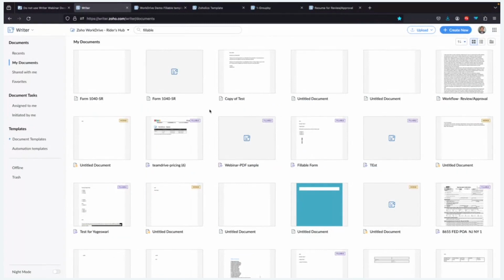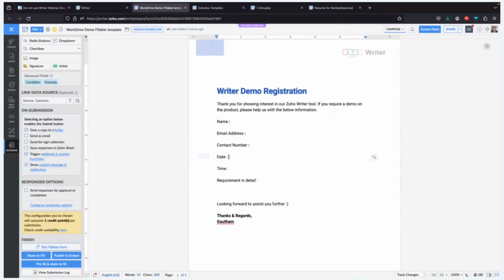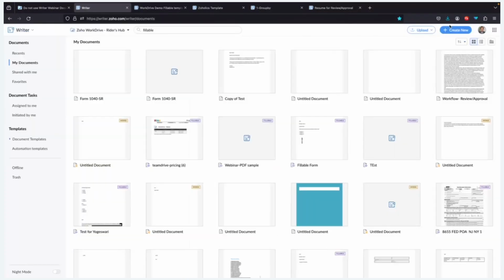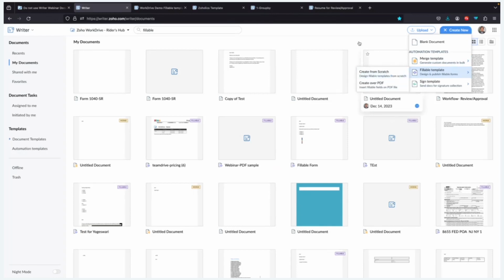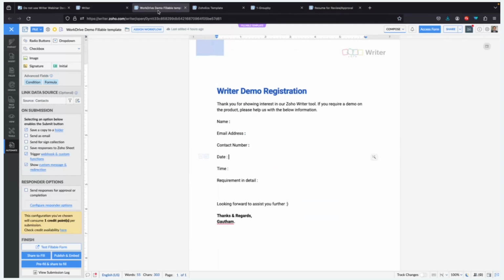And in here, first, I'll just show you how to create a fillable template. So what you can do is go to create and click on fillable template and select create from scratch. So if you have any PDF files and you're using that as a form, then you can just directly upload them into your Zoho Writer. So now once I've created the fillable template, I have just added some titles in my document,